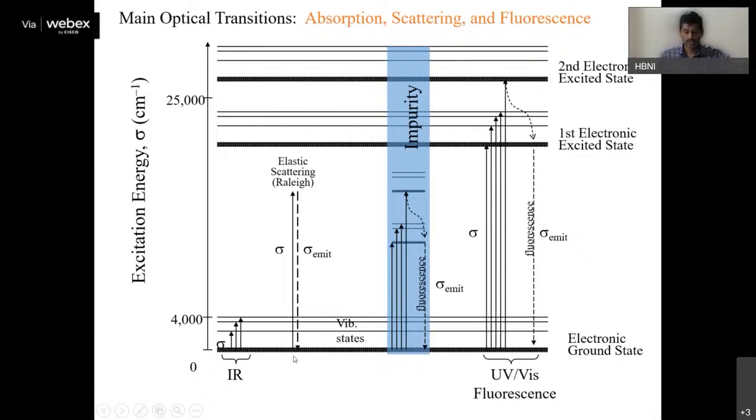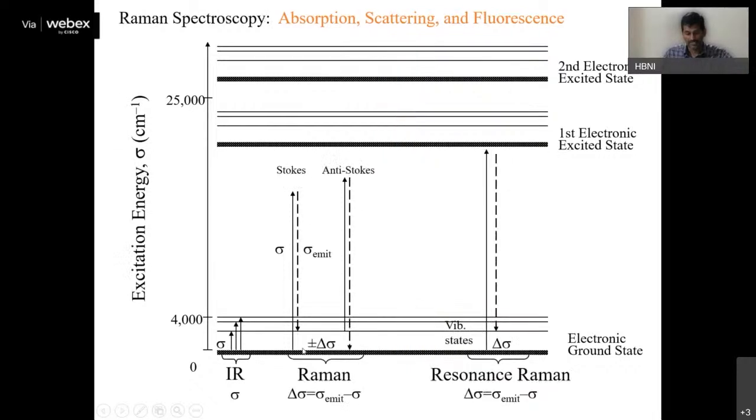If it comes to the same vibrational level or ground state, then you get elastically scattered light that is known as Rayleigh light. And if there is a change between the initial and final state, let's say you start from the ground state, go to some intermediate state, and then come to a first excited state, then you get a change in the